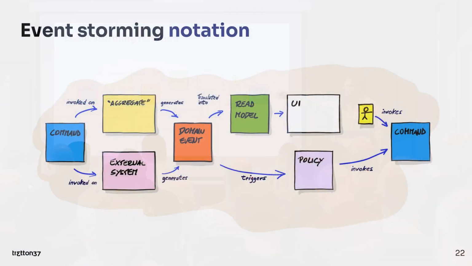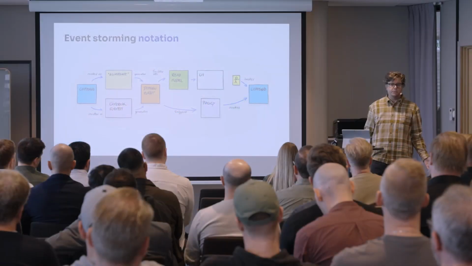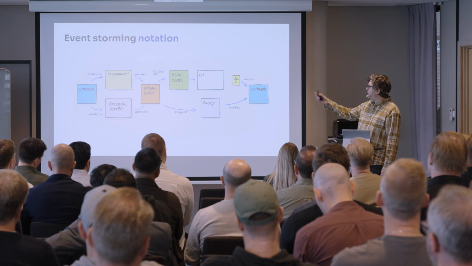You could go for tactical implementation and have a yellow sticky note for aggregate or the working object in this case. You have business facts recorded based on that interaction. That's the most important part, here called a domain event. Then, of course, the state of the system could have multiple representations. Those are green. Representation of state in your system could have infinite representations. You have UI, you have